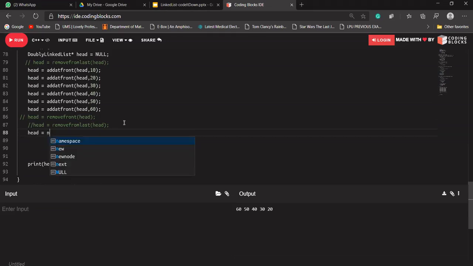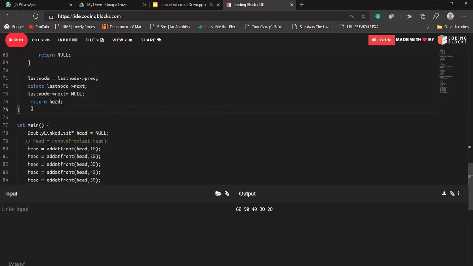Let's name it remove given value. Given val. Let's say we have to pass our head pointer to it. Let's say I want to delete 20. So 20 should be deleted from our doubly linked list. Let's say I also want to delete 10 as well.